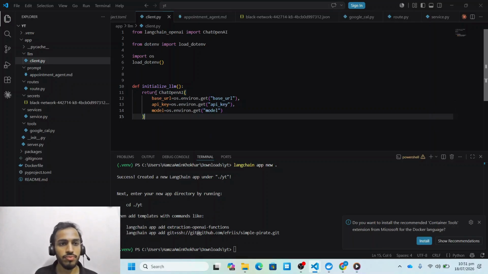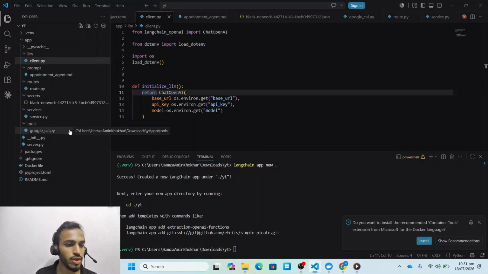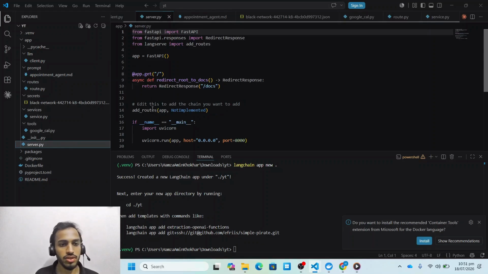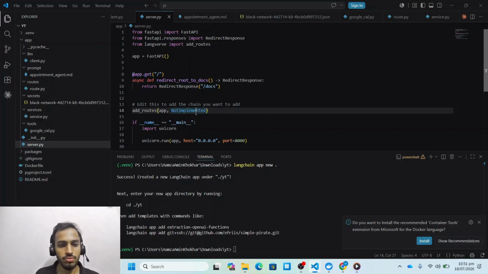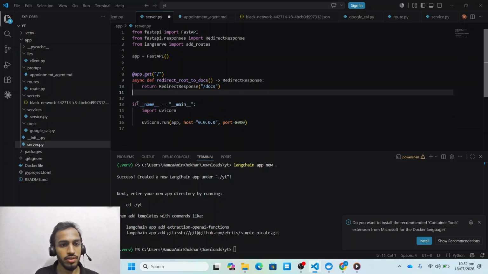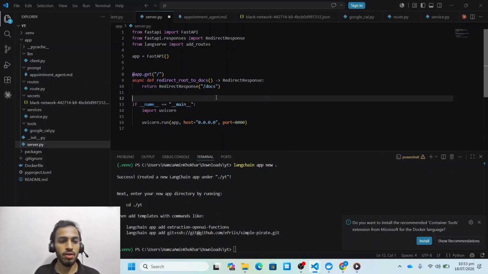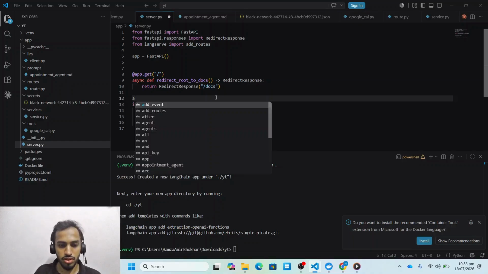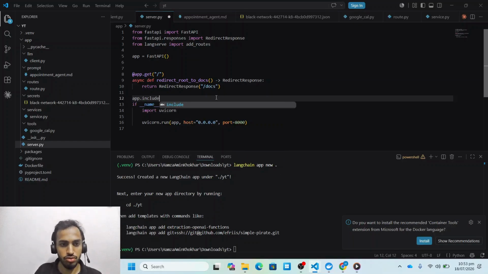Okay, so now we are going to add the router here, and then just run the app, and hopefully it will run. Let's add app.include_router, and then our route